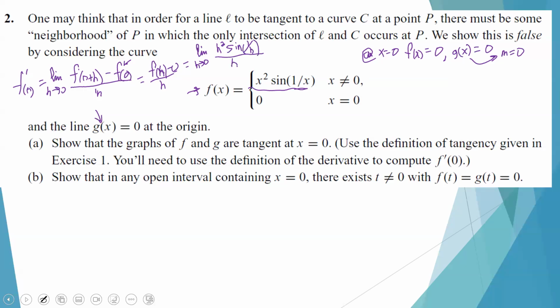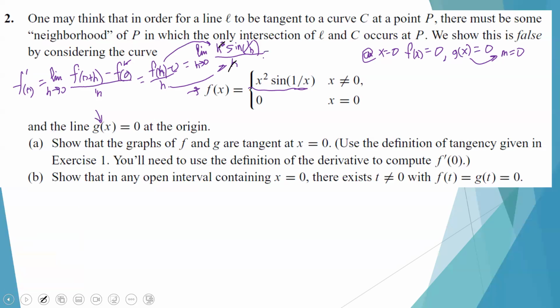So f of h is the top, and this h is the bottom. This is going to filter off one of those. So this actually equals